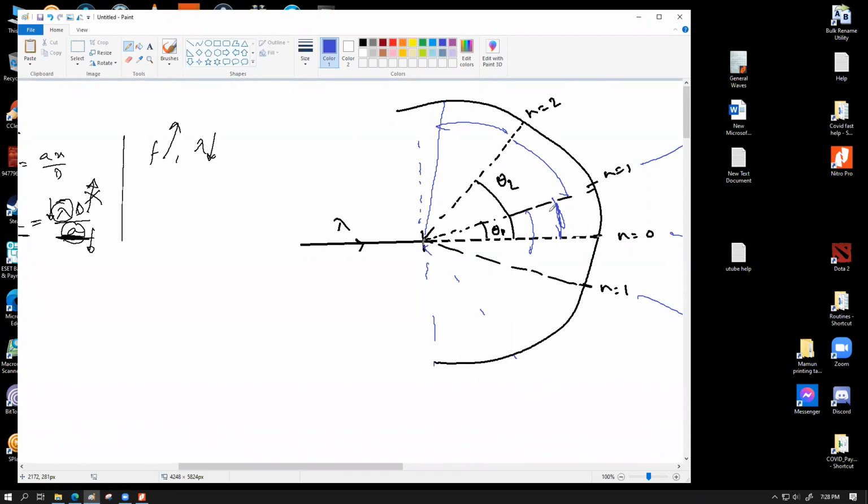You just have to know that for this formula, d sin theta equals n lambda, to be applicable, the incident ray must fall onto the diffraction grating perpendicularly. That's all you have to say. There is a certain question where it was not perpendicular, so you just have to say that because the incident ray is not falling perpendicular onto the diffraction grating, this formula is not going to be applicable. এটুকু তোমাদের জানা থাকতে হবে। আরেকটা জিনিস যেটা সেটা হচ্ছে, what if other than sending a monochromatic light, if we